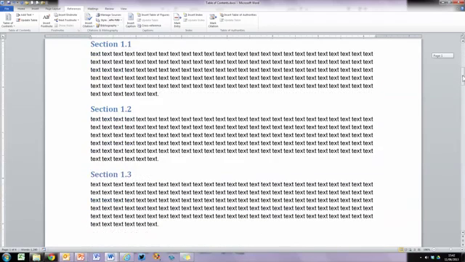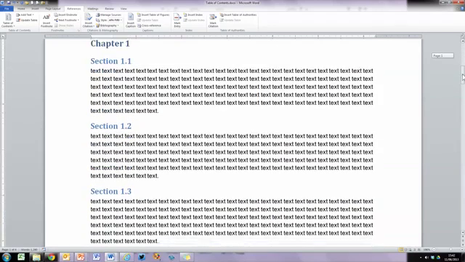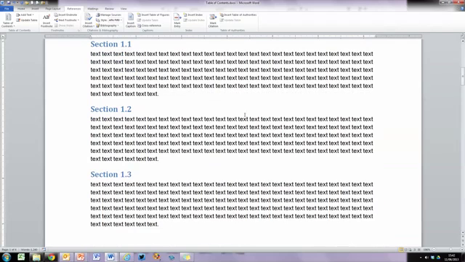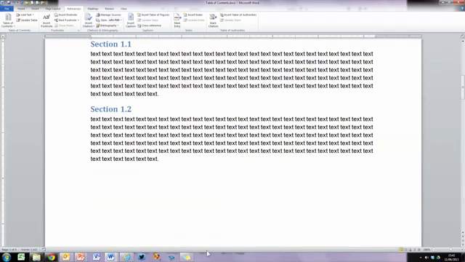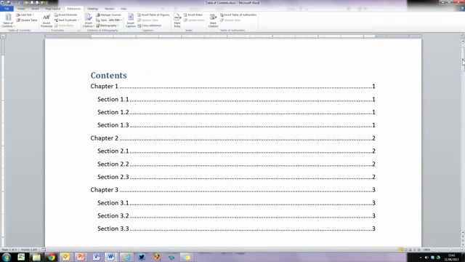Assume you've continued your writing and you'd like to do something simple like remove one of the sections. So I'm going to remove section 1.3 here. Let's say that's no longer needed. So I'm selecting that and pressing the delete key to get rid of that. When I scroll up to my table of contents, you can see that section 1.3 is still listed. So in order to get rid of it and update my table of contents, I can click on my table with my left mouse button, and up in the top left hand corner of the table you can see an Update Table tab. So if you click on that,